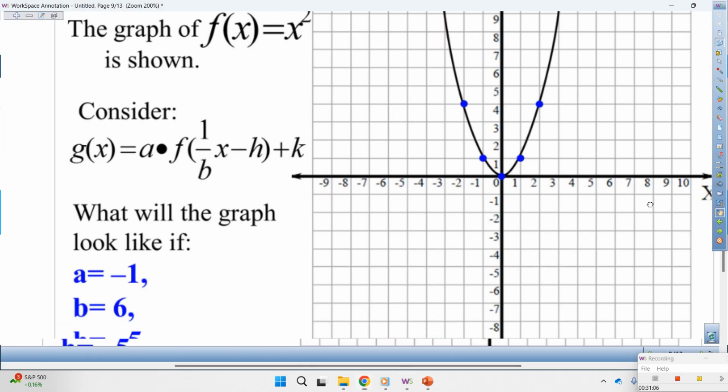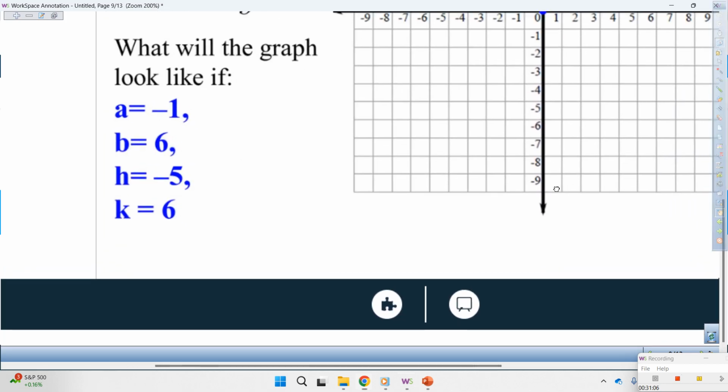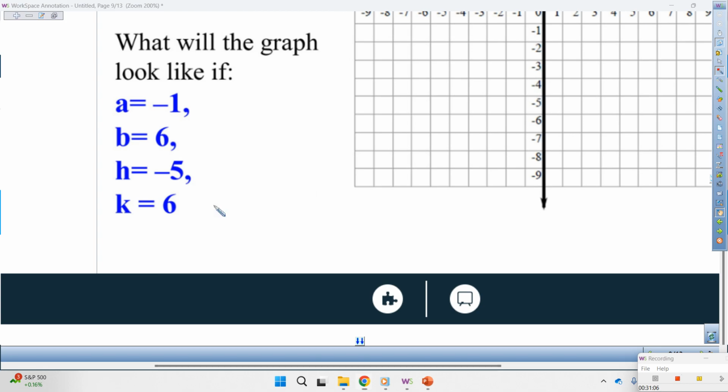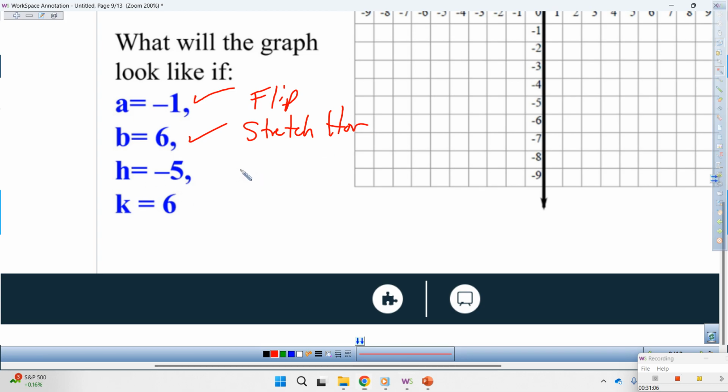So let's see. Jesus, get us started. What would this do? Flip. How about this one? Stretch horizontally. Sammy, the last two. Left and 6 up. All right? From 1 to 5, how are we doing with the 4 different parameters? 3, 4, 5s, okay. You need practice, right? So make sure you do your practice tonight with those